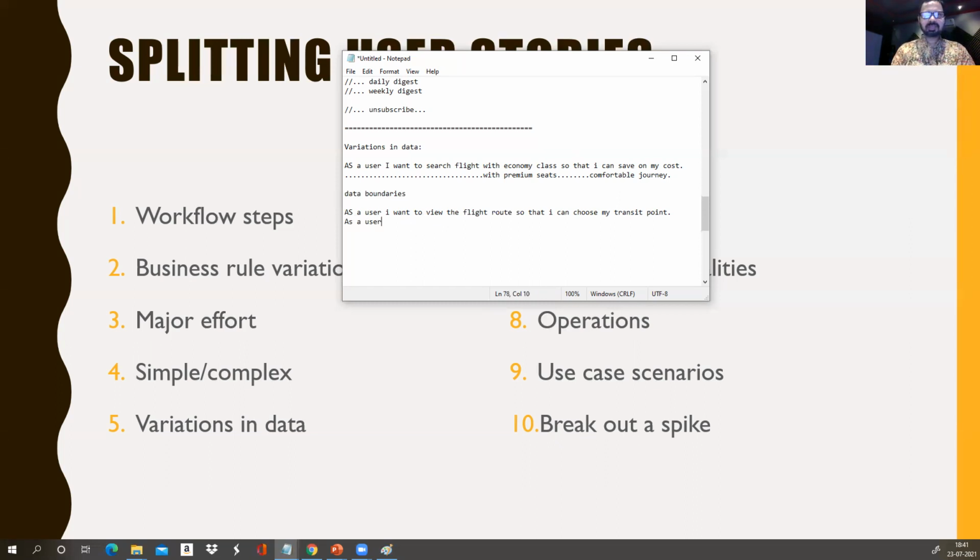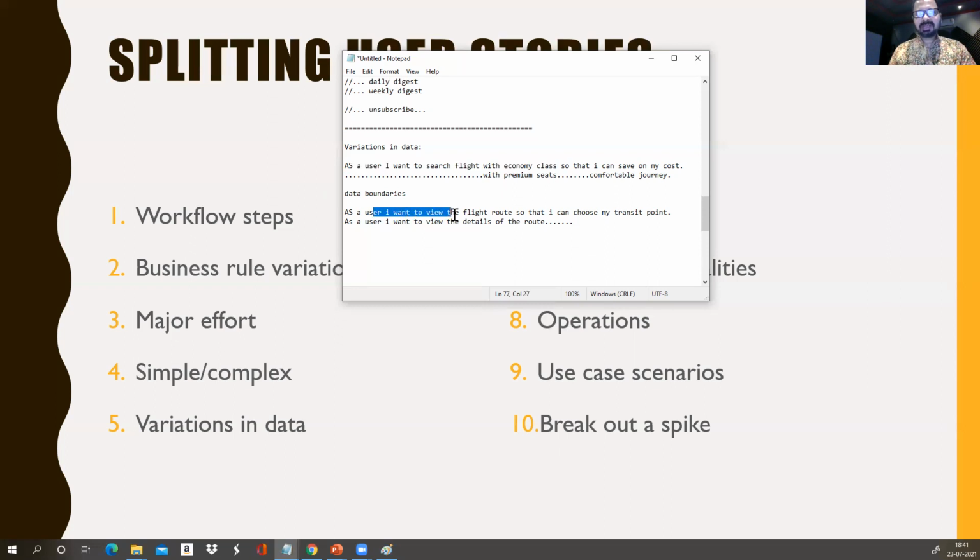Okay, as a user, another thing is, one is the data boundaries, and now you search this flight. What else can you do? Maybe you can get the details of this route, right? I want to view the flight route, view the details of the route. So when I say I want to view the details of the route, here we search the flight with economy class.